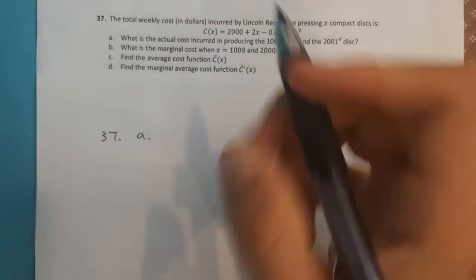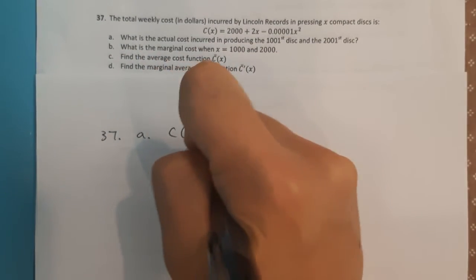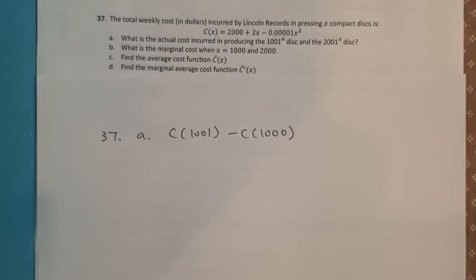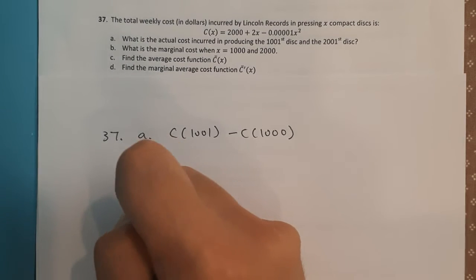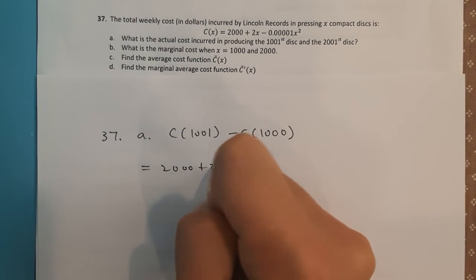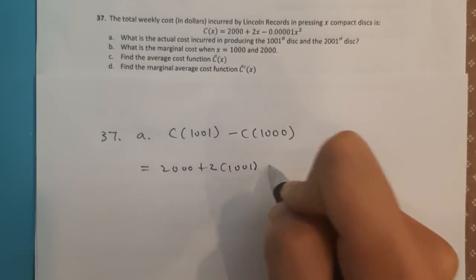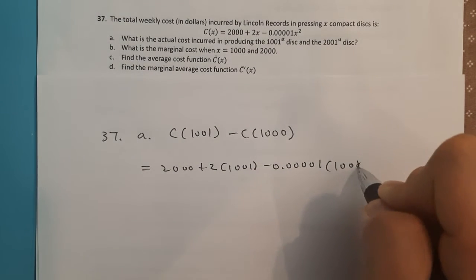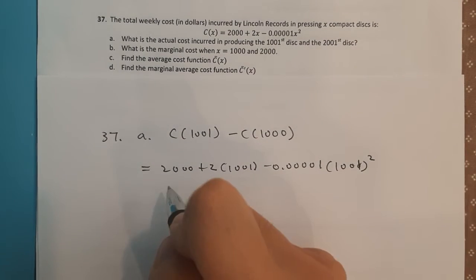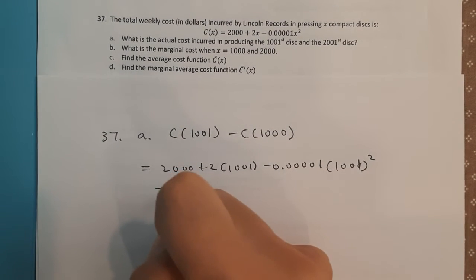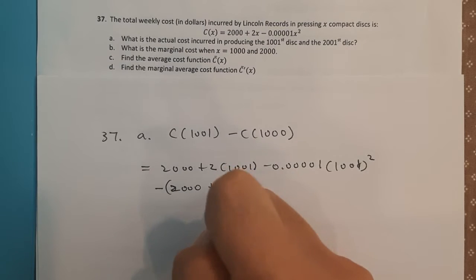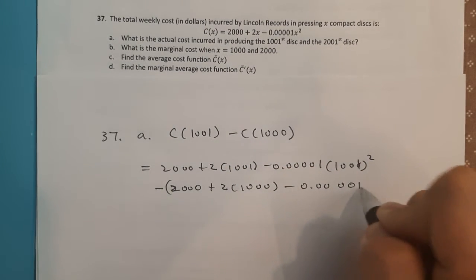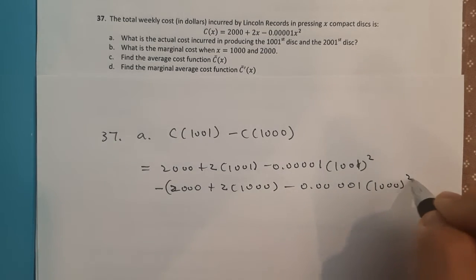So part A, we're going to get C(1001) - C(1000). So that will look like 2000 + 2 times 1001 - 0.00001 times 1001 squared, and then minus, in parentheses, 2000 + 2 times 1000 - 0.00001 times 1000 squared